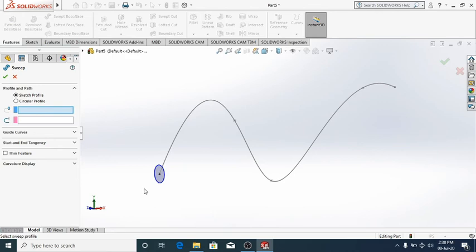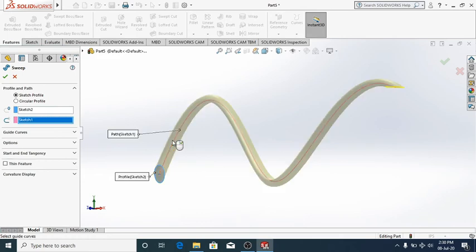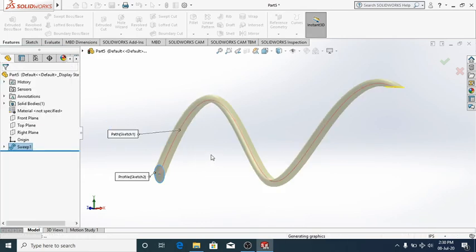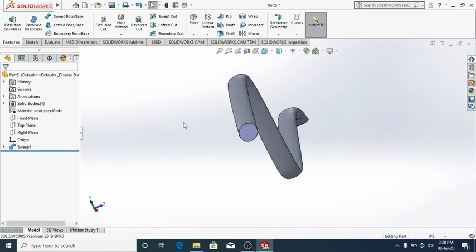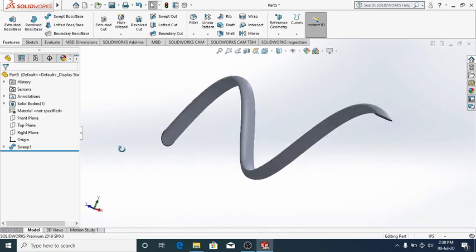So I'm choosing the circle. It has chosen Sketch2 as the profile, and the path is depicted by this pink line. That will be this one. Okay, I hope you got this, and if I press OK, then this is going to change. This feature is created. I hope you got that.